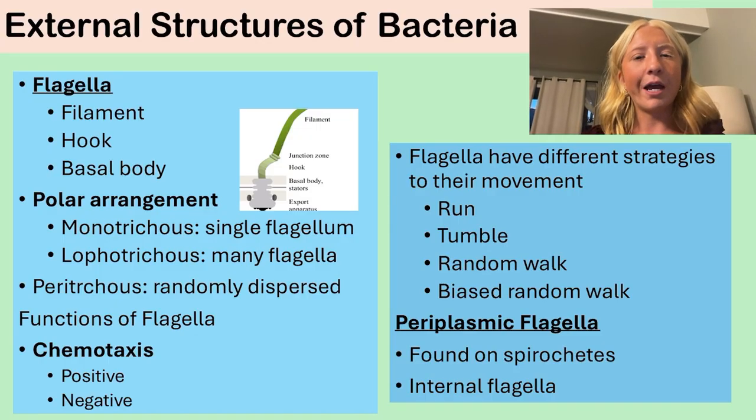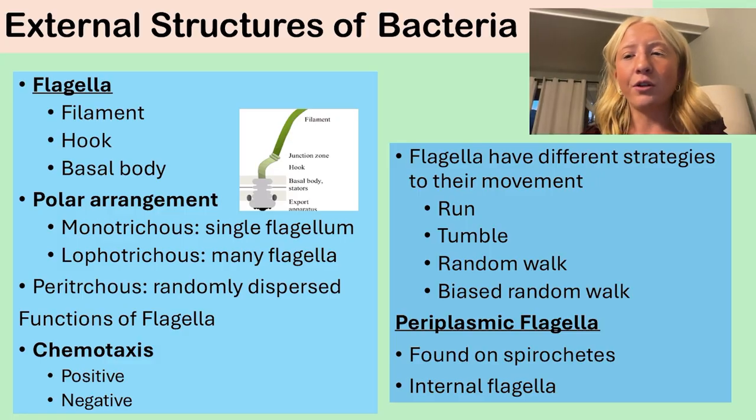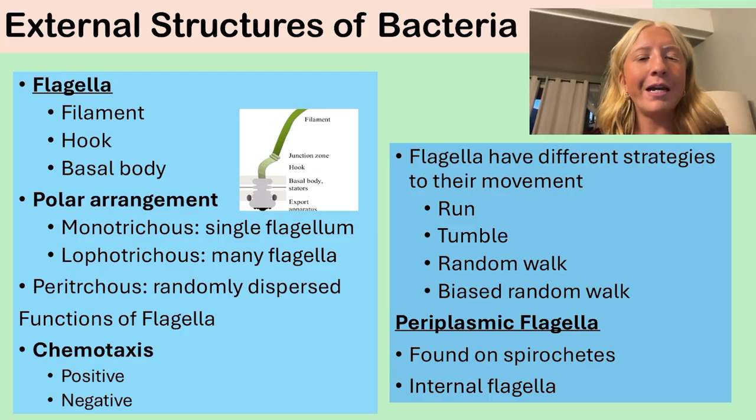So now I'm going to talk about the external structures of bacteria. One of the most important defining features is the flagella. This is how some bacterial cells will move around. They're often found in rod-shaped and spiral bacteria, and they have a filament. The filament is a helical structure. It's made up of proteins, and it is